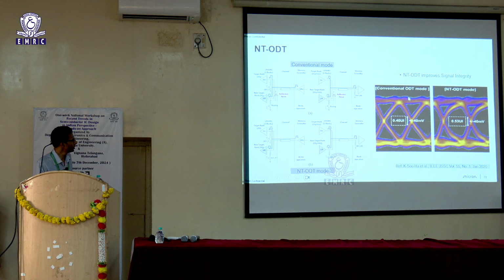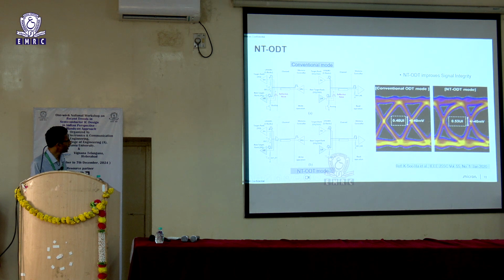So this is what you would eventually end up with in a conventional case. What is shown here is a data eye, wherein you are overlapping multiple ones and zeros over a large time window, captured in a unit interval of time. So this is how it is. Now when you enable this NT-ODT, even though the chip is off, you will ensure that the termination is properly turned on. So what comes in just gets terminated here. There will be no reflections coming out of this, as opposed to what happened here.